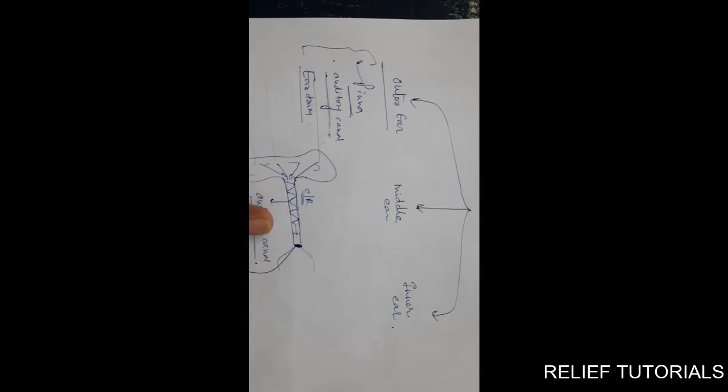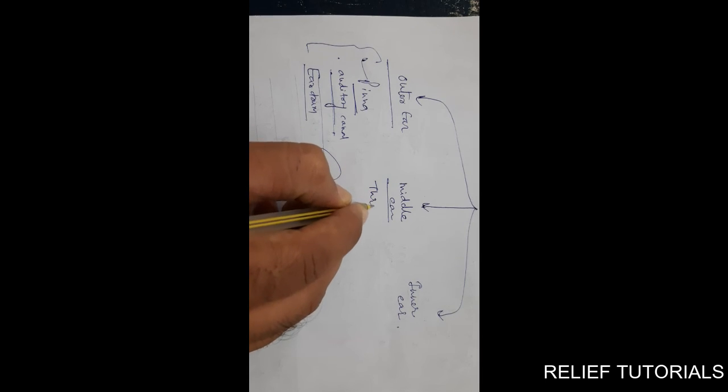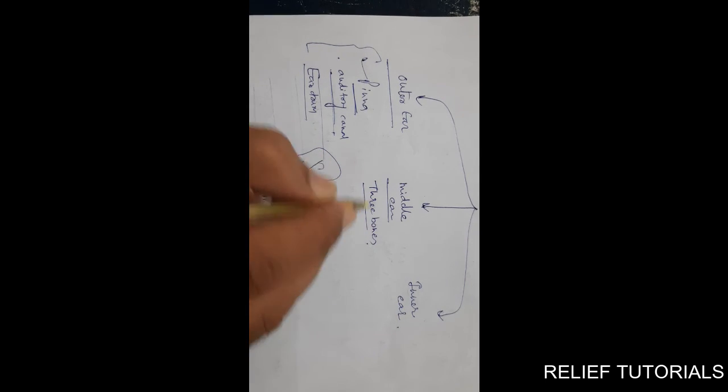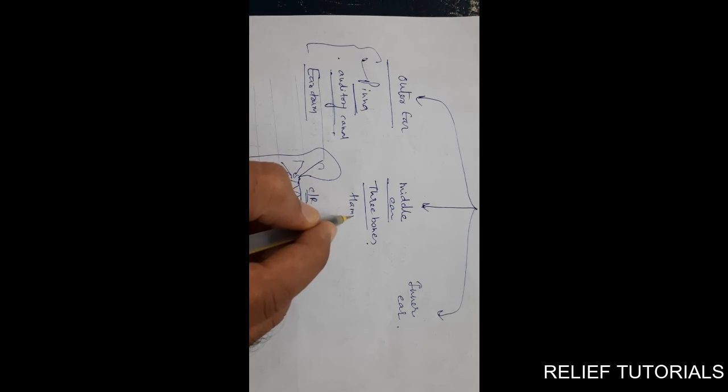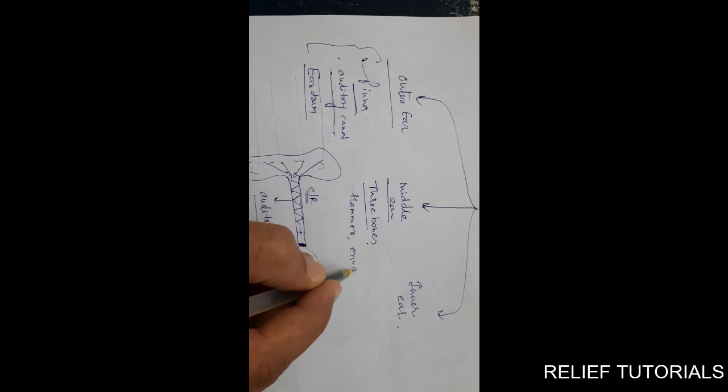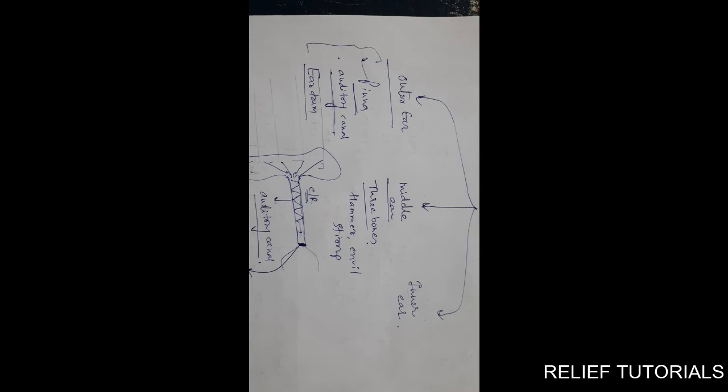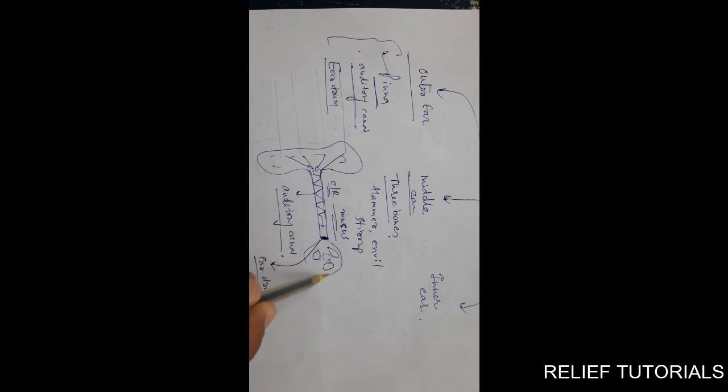In the middle part, we have three bones. Okay, normally we know the names of these: hammer, anvil, and stirrup. It's a three bone structure, and one liquid, mucus liquid, is also present. Let us say these are the three bones roughly, and the liquid is present. Now, using these three bones and the mucus liquid present there, what do these bones and mucus do?